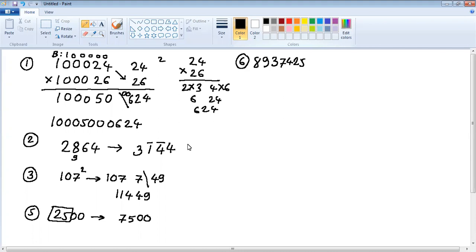Okay, fourth one is very simple. Zeros at the end remain as they are, and all this is a complement question. I hope all of you have paper with you. Complement is all from 9, last from 10. So if there are zeros to the right, those zeros you have to keep as they are, and for the remaining part you have to just